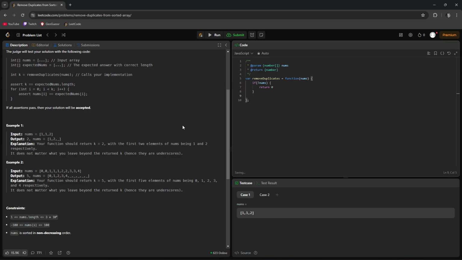Otherwise, we have an index for the non-unique, and we'll have to loop through this. So that goes from 0, less than the nums length, i plus plus. So we have if nums i